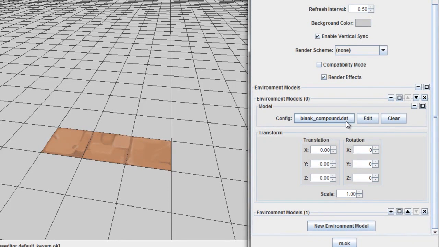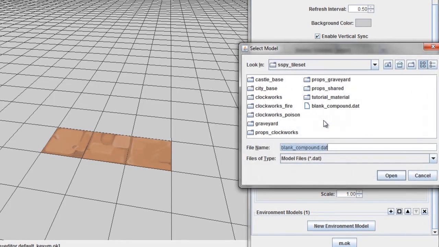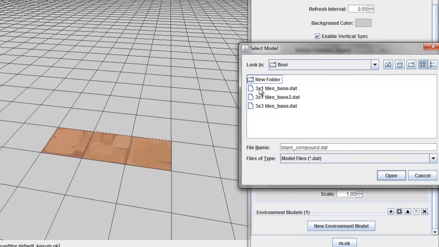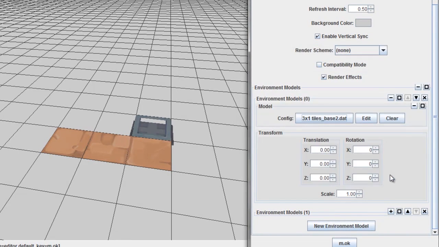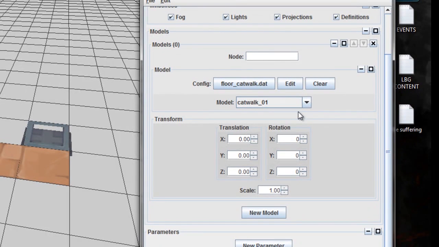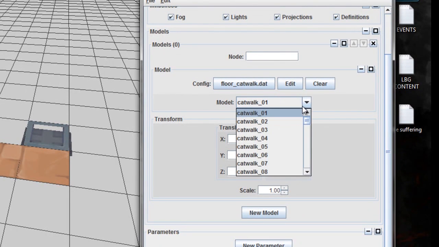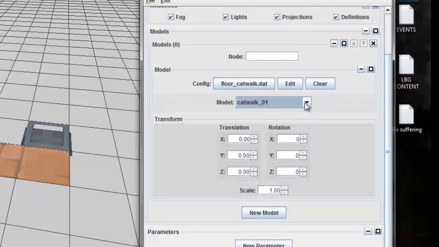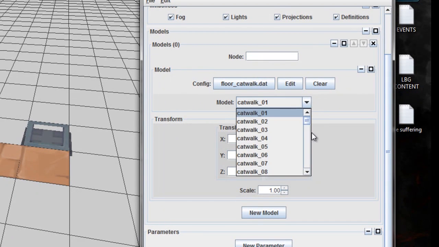So what I normally do is I'll clear it and I'll load the one that I just made, base 2, and then it shows up. So then you're good. And then you go back to editing. And that way you can actually look at it while you're working on the product. So you're going to have floor catwalk, and you're going to go all the way down to